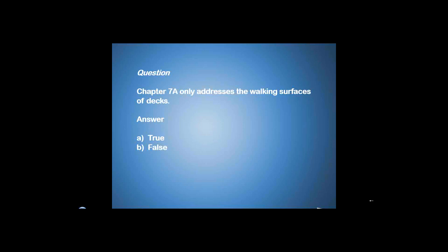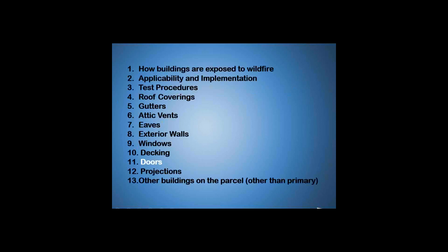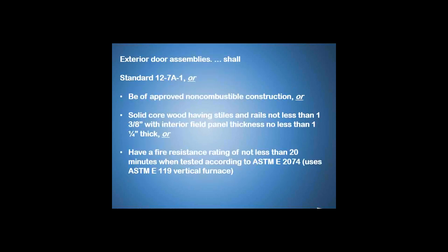I've got to get back to the screen. Here we go. Okay, so next couple of things before we sort of end here is doors. So doors, again, 3 ways to comply. They're going to be approved non-combustible. Typically that means metal. They're going to have these dimensions, so solid core door, and then having stiles and rails that are 1 3/8 inches, with the interior field panels, if they are present, to be